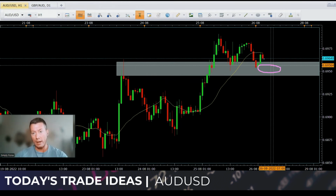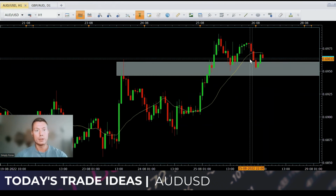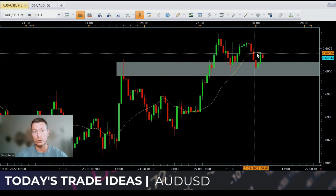Okay, so when the London Europe opens, I want price to come back into this grey zone, test these lows, and I want to see a bullish candlestick pattern form. Then I can enter the trade. First of all, take price back up to here, where I close 80%, and then leave 20% to run up to that blue line. Okay, because of that weekly candle and because of the potential of a head and shoulders